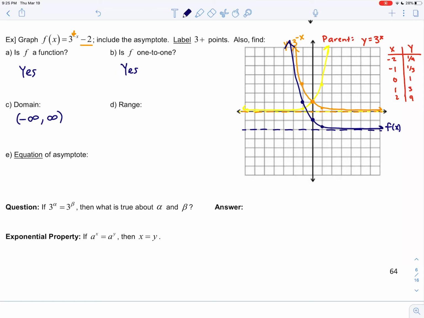The range, you can base it upon this asymptote. The function approaches negative 2, but it never quite gets to negative 2. So we will start at negative 2 with parentheses. And then, of course, the function goes up forever. So negative 2 to infinity. And then it says equation of asymptote. Remember, an asymptote is a line. It has an equation. You should never just give a number. So that horizontal line has equation y equals negative